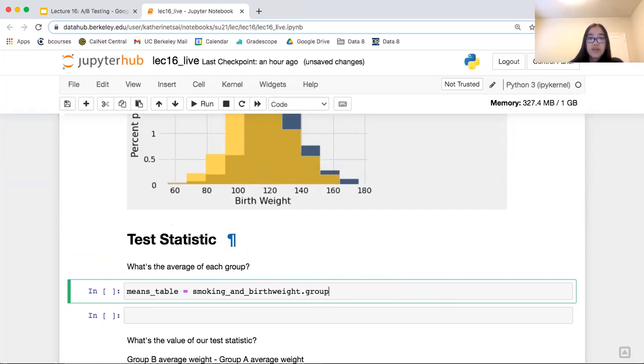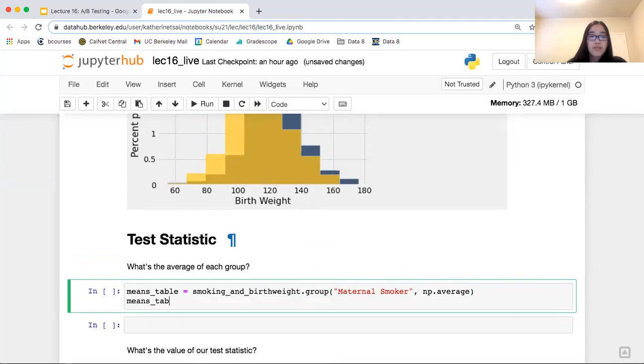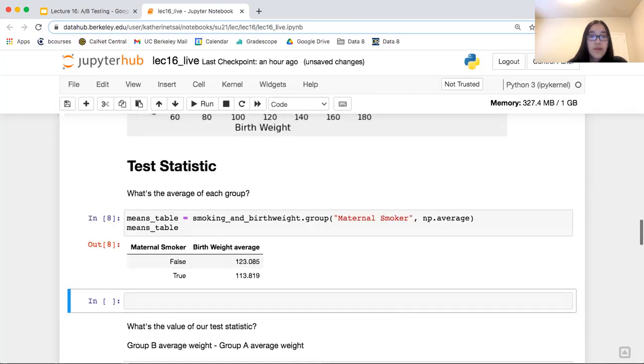So we can do that by doing group, maternal smoker. And remember, if you don't have a second argument there, automatically group will be taking the count as the second column. But in this case, we want the averages. So we want np.average. And then let's look at what that looks like. Okay, so we have maternal smoker, false and true, and then the birth weight average.